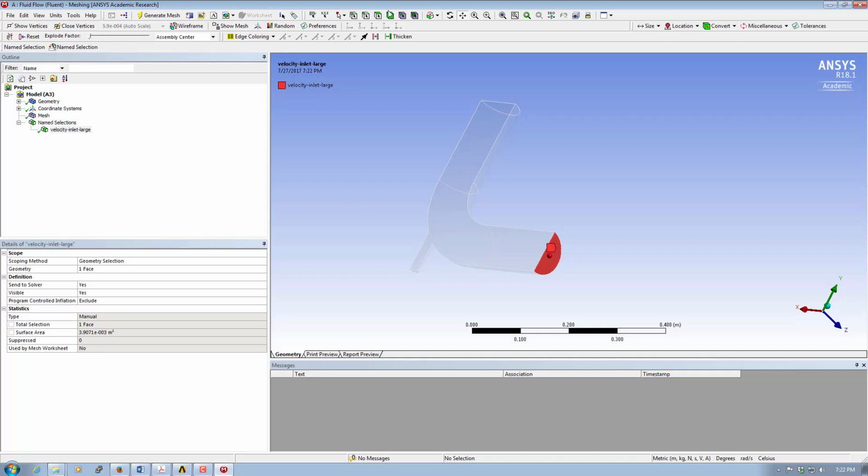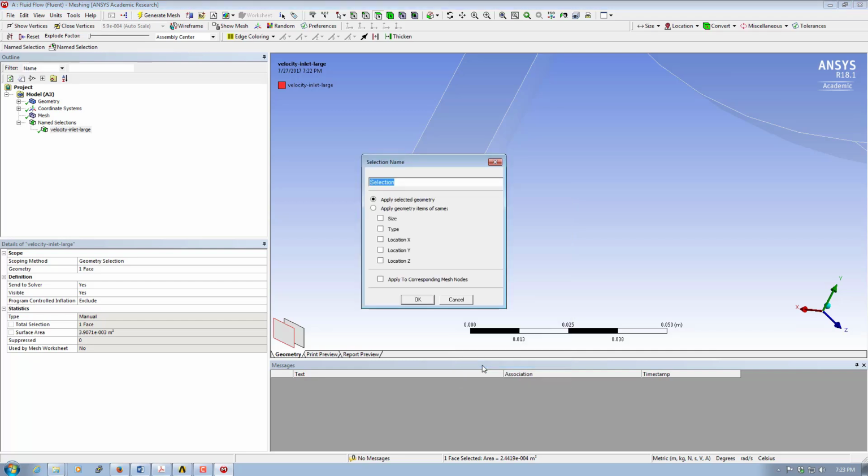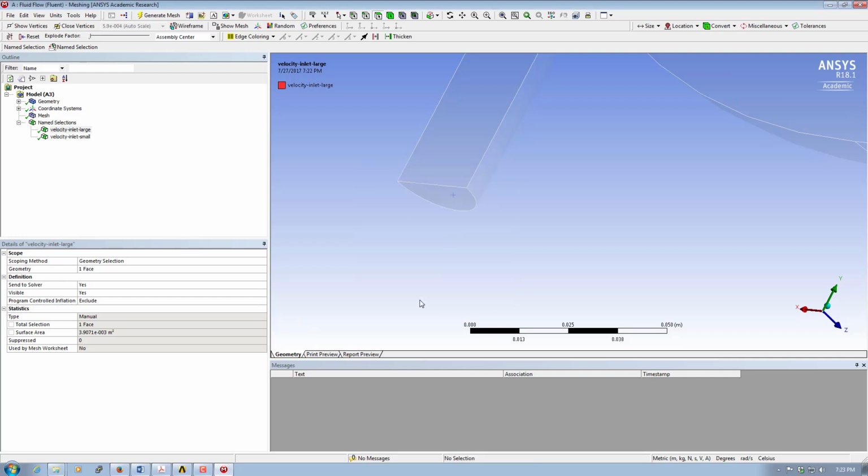Okay, now before moving to next step, I have to assign different names. So for example, I would like to select this small surface here by clicking on it, right clicking, go to create name selection, and I call this velocity inlet small. Now I have assigned two inlet surfaces. Now I would like to rotate the model, zoom in here, and select my